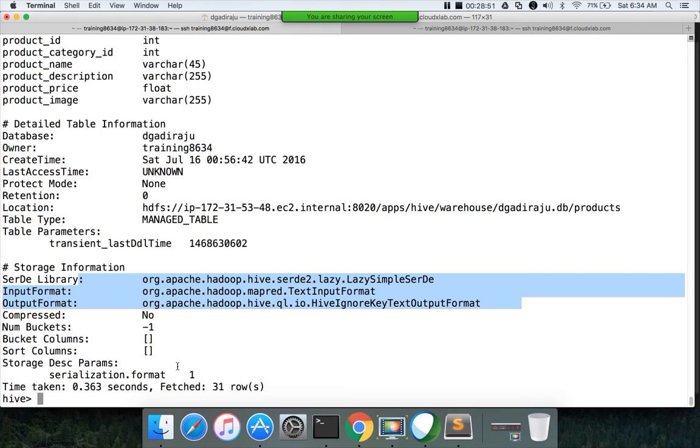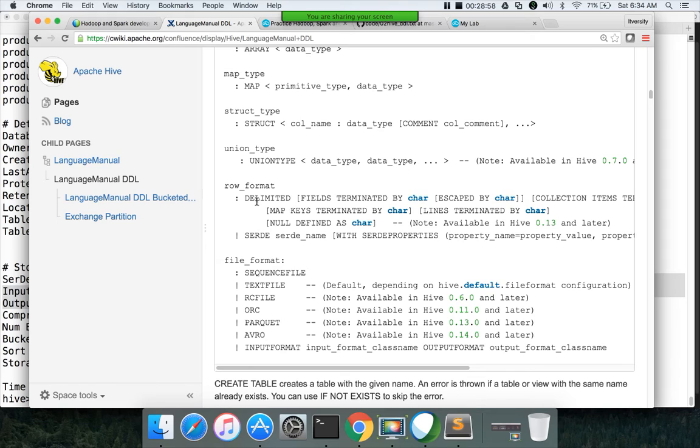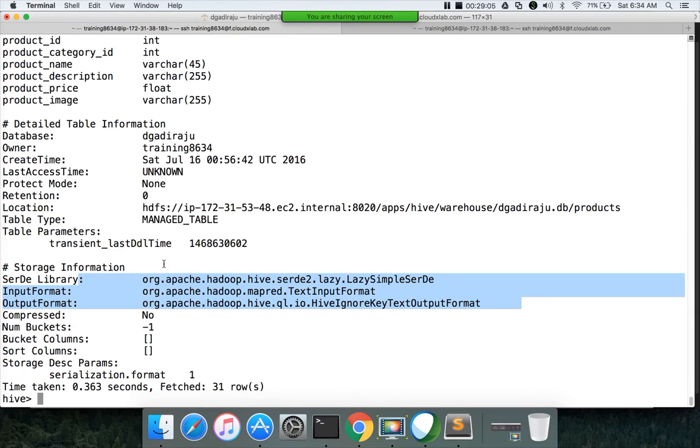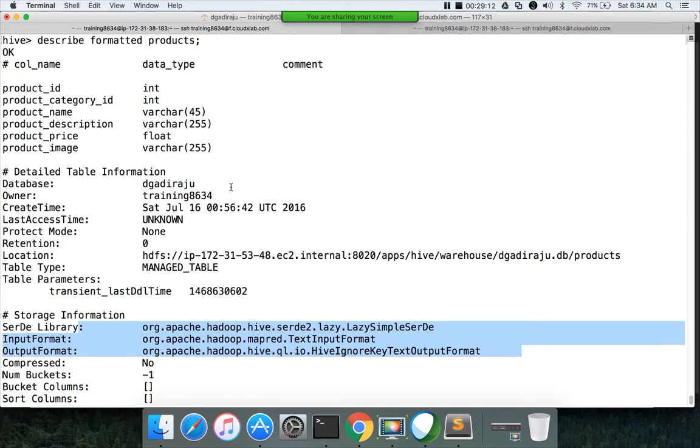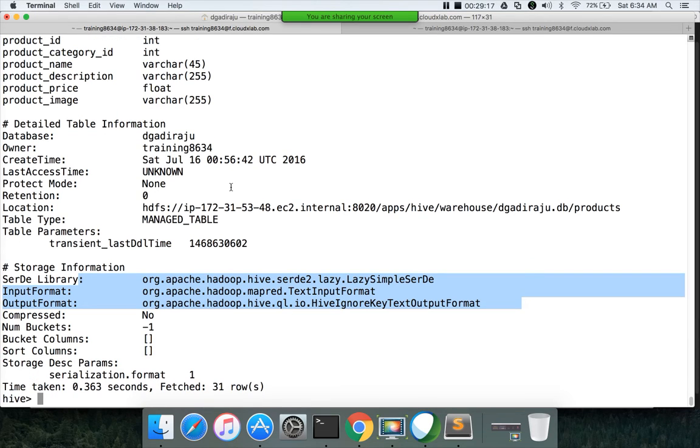So if you specify row format delimited fields terminated by a null character, it will translate into something similar to the defaults of Hive. You should be able to understand this information. This is called metadata, and this metadata will be stored in the MySQL database so that we understand how the table is structured after creating the table.